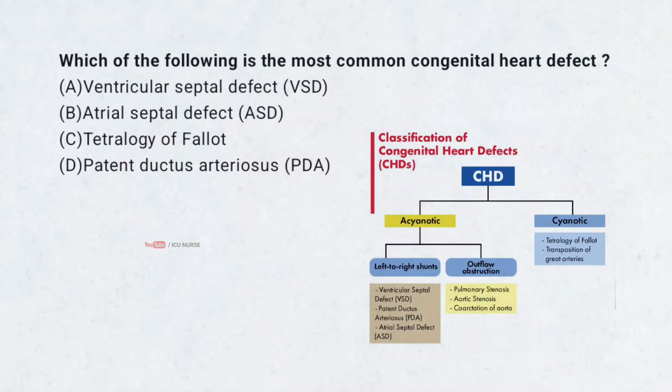Which of the following is the most common congenital heart defect? A. Ventricular septal defect, VSD. B. Atrial septal defect, ASD. C. Tetralogy of Fallot. D. Patent ductus arteriosus, PDA. Correct answer